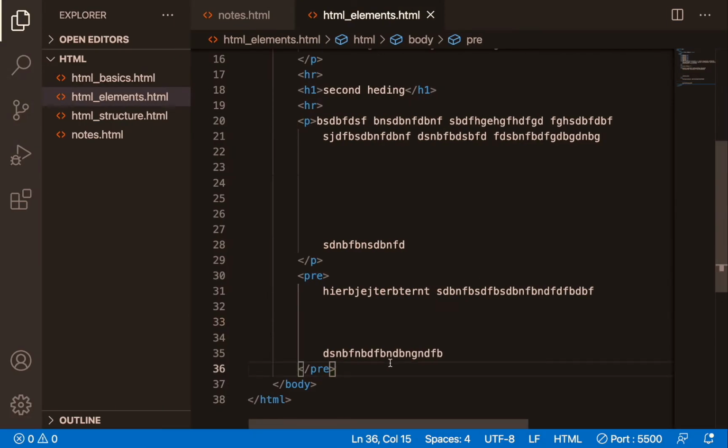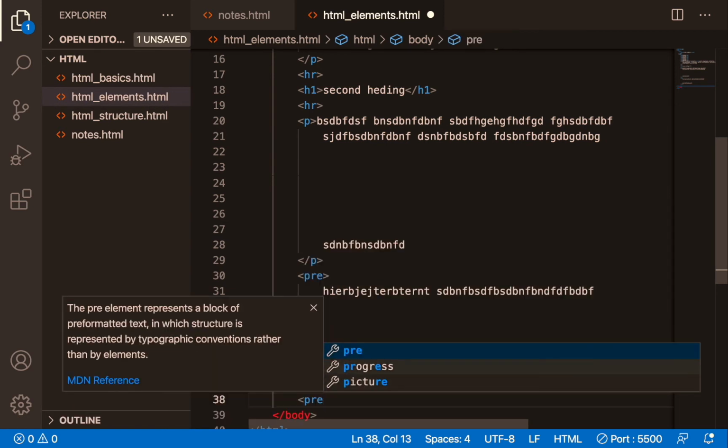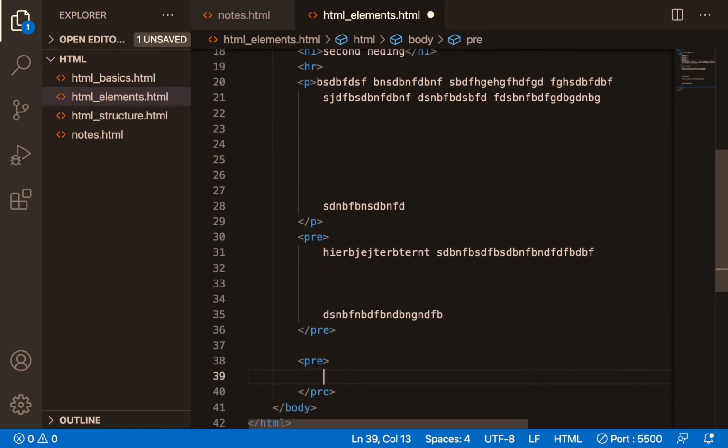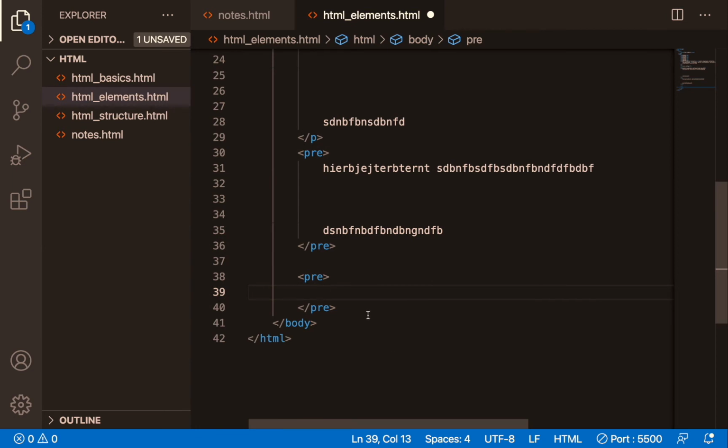So let's say if we want to write some address, then this pre element will be useful. How will you write the address?